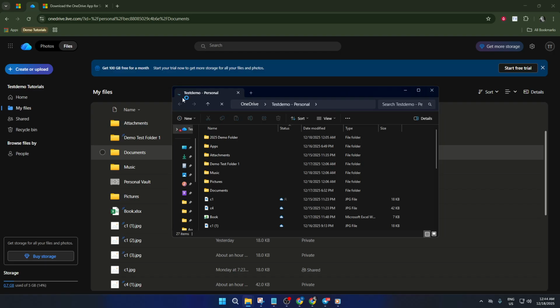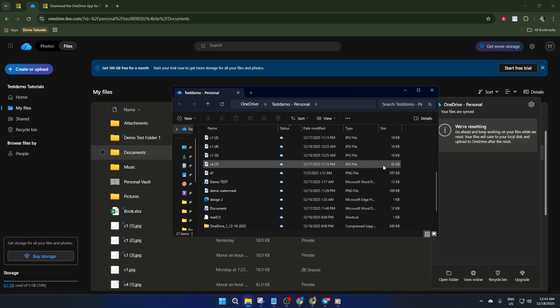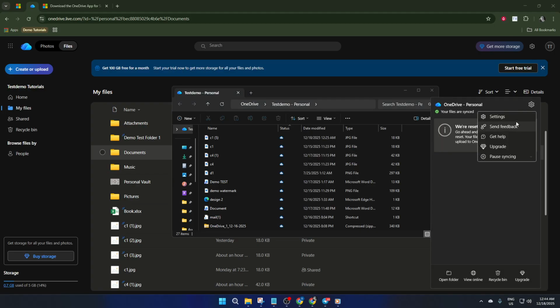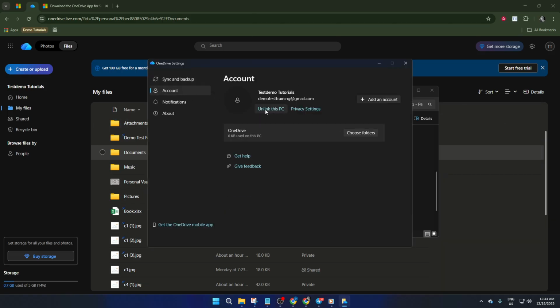Still seeing the error? Don't stress. Sometimes your account gets out of sync, so let's try unlinking and relinking it. Right-click the OneDrive icon and select Settings, then click on the Account tab. Here you'll see an option that says Unlink this PC. Click that and follow the prompts to sign back in with your Microsoft account. OneDrive will ask you to choose the folders you want to sync again, so take this as a chance to tidy things up if you want. Relinking your account is like giving OneDrive a fresh start, a bit like reconnecting a streaming app that's suddenly stopped